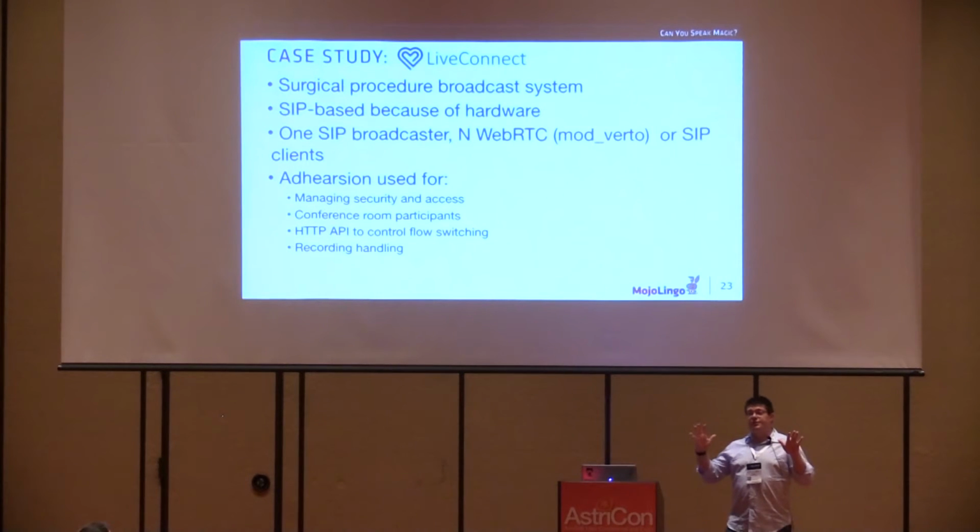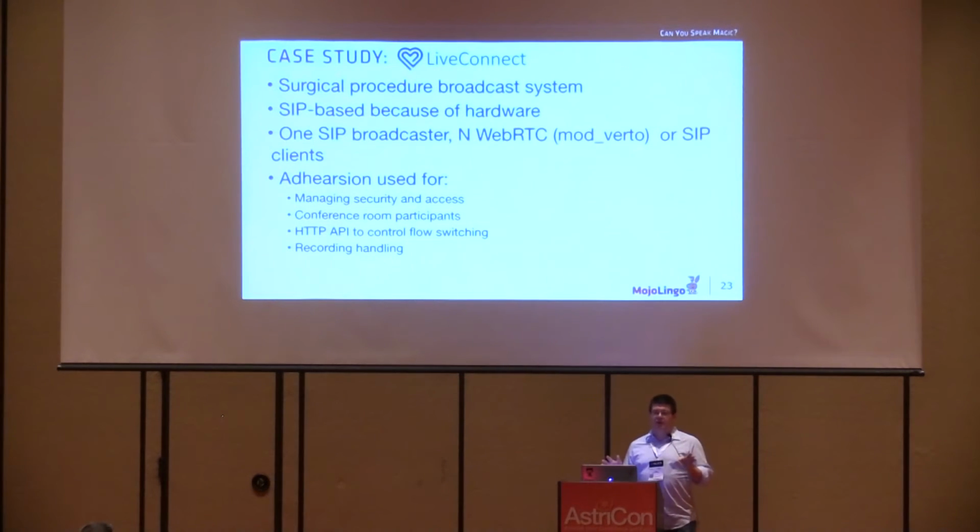Anyways, there's WebRTC clients that can connect. In this case, Adhearsion provides mostly the security access. The app itself is simple, but you absolutely don't want anyone accessing operating room video and data unless they are allowed to, because, as you know, that's very sensitive data for many reasons. So what we do with Adhearsion is check that nobody is allowed to enter a room unless they actually have the authorization. The rest is just a simple conference room.